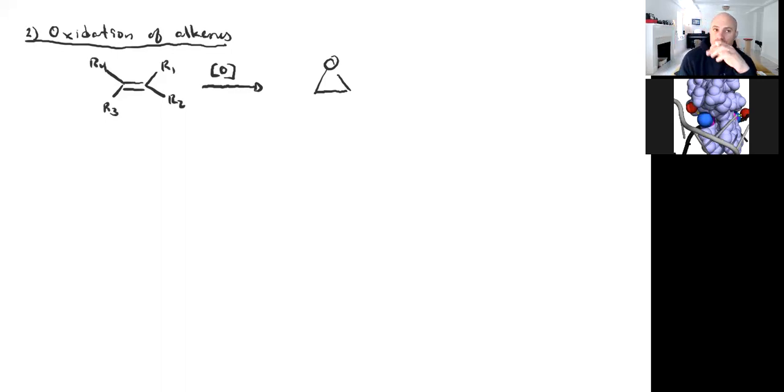The general reaction is going to be oxidation of an alkene to make the epoxide with one of these reagents. I just want to say something here also about stereochemistry. So let's just call these R1, R2, R3, and R4. Okay. The direct oxidation of alkenes to make an epoxide occurs in a single step through a single transition state without any intermediates. Okay. And so what that means is that